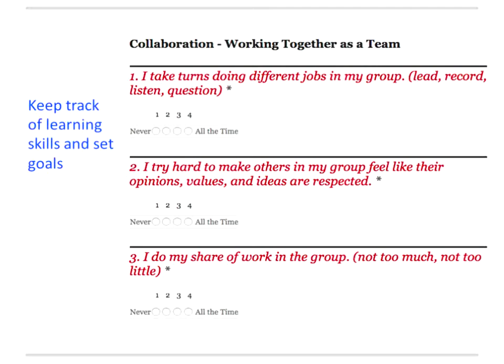So here are some of the samples that I've taken a screenshot of. In terms of learning skills, we created this on Google Form. We created a scale type question. So for collaboration, what does that mean? And then some of the points. And this was actually created by one of my kids. And then they created a scale for themselves, 1, 2, 3, 4, which is very similar to the levels that we do as well. And this is how they kept track of where they were.